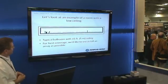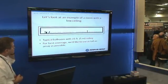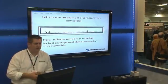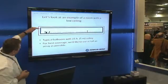So we've got a quick example of a room with a low ceiling here. A typical ballroom with a 15-foot ceiling, and we want as tall an array as possible to maximize intelligibility. We want to keep a nice tight beam, and we want that to the lowest frequency we can get. So we've put the column on the wall here,